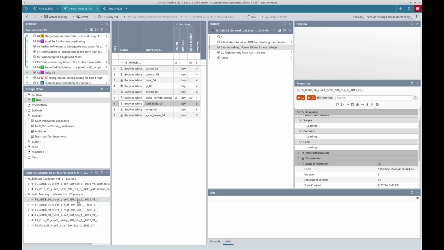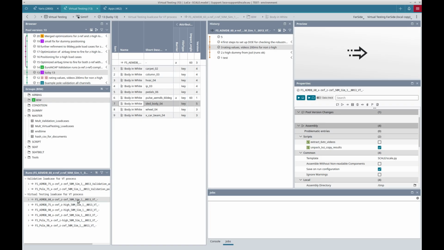And as soon as the model is ready, this can be submitted to the cluster over the remote submit function. And as soon as the job on the cluster starts running, the user gets live feedback in the desktop client. And part of this job is also some post-processing, which prepares and uploads the result data back to the SDM system.